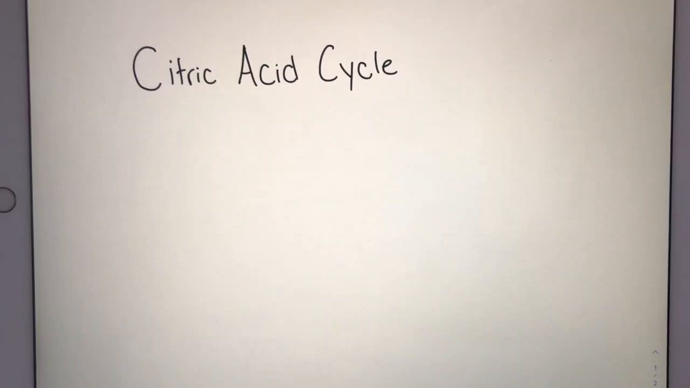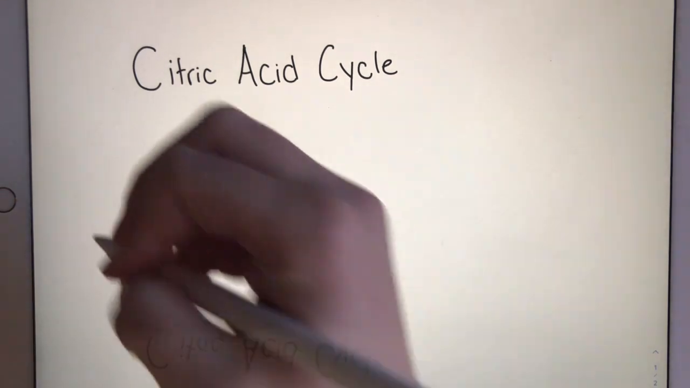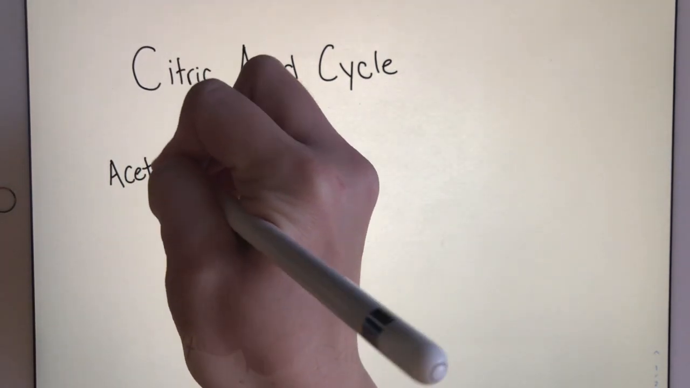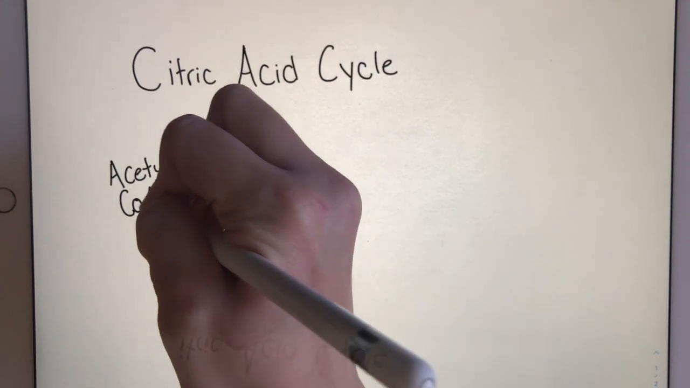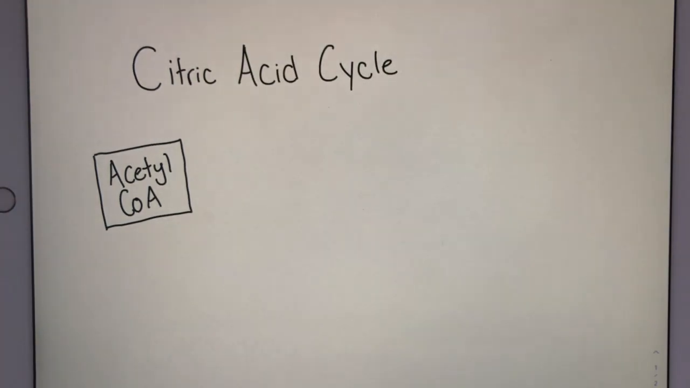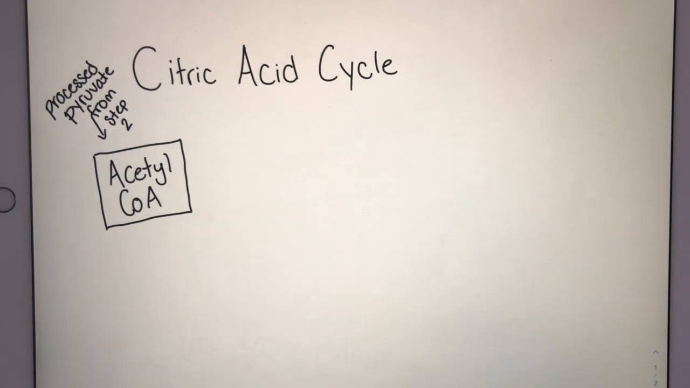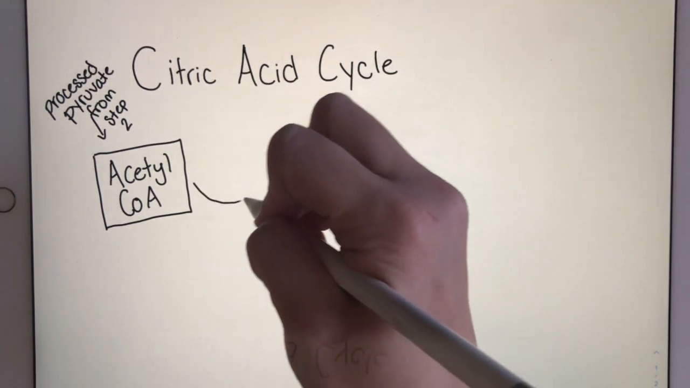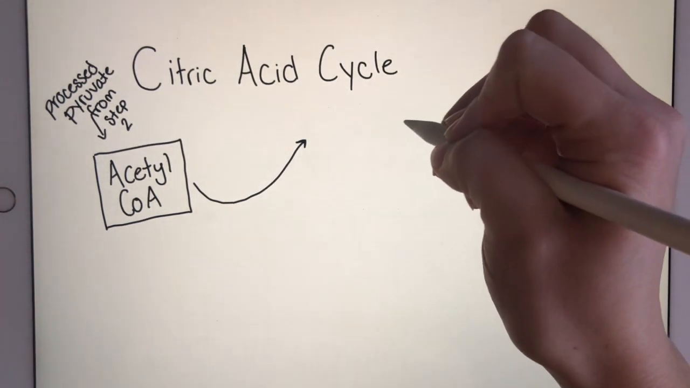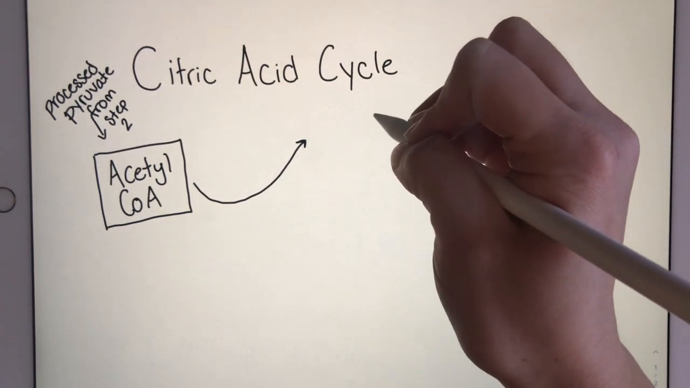Sketch out a very simplified version of the citric acid cycle. We're going to start with our input molecule, which is the acetyl-CoA. Remember, this acetyl-CoA is coming from step 2. The acetyl-CoA is processed pyruvate. So the acetyl-CoA is going to enter into this cycle, and because it's a cycle, I can go ahead and